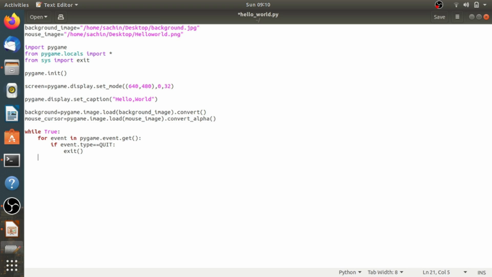Now let's copy the background image to the screen. So there is a function that is blit. So screen.blit, the blit member function of the screen surface object, takes a source image, in this case our background, and a tuple containing the destination position.